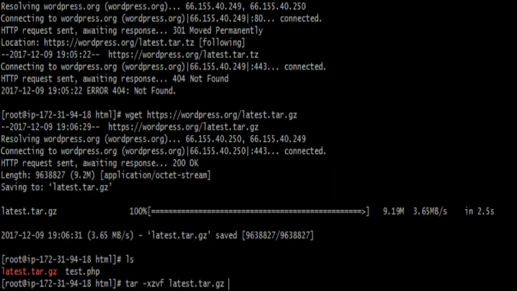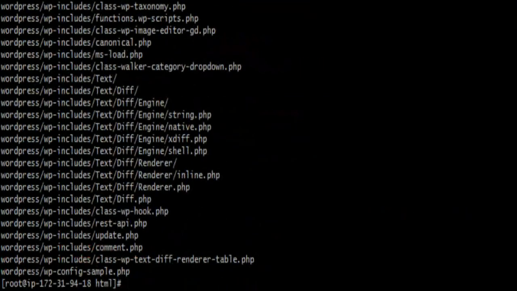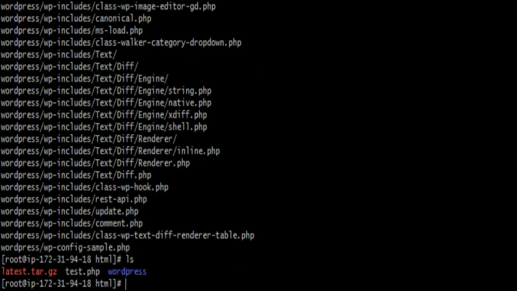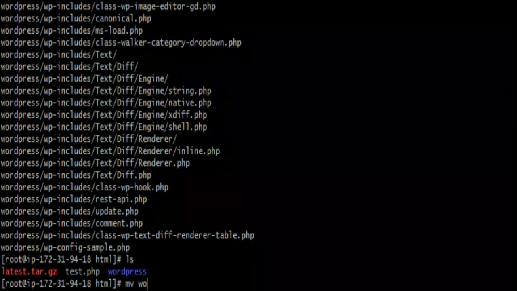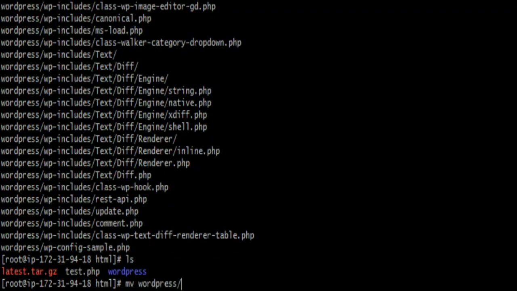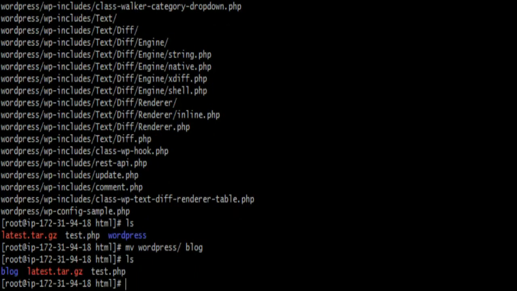Unzip it. Yep, it's done. So we have one folder created, named WordPress. So now we'll try to move this WordPress folder into a separate directory. I have just moved that WordPress into a blog folder. So if you do cd blog,